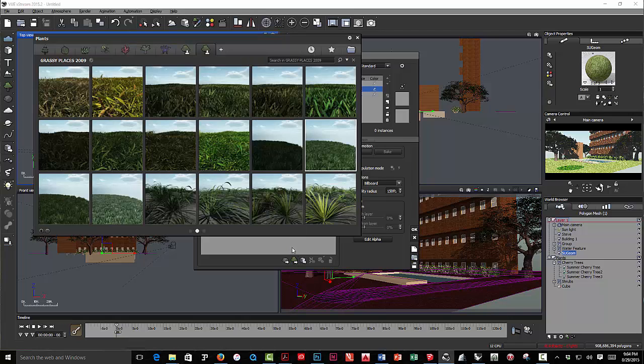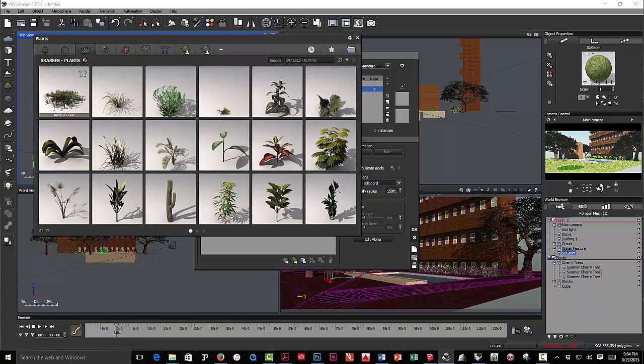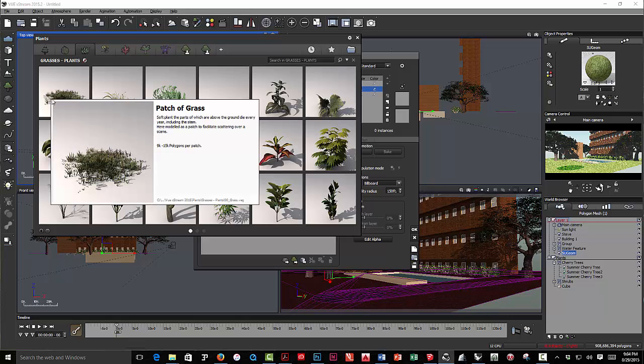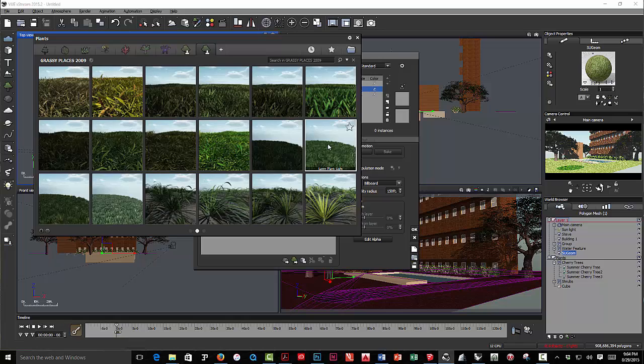So I'm going to click on plants. I'm going to use a lawn texture that I have in a personal collection, but if you click on grasses here, you could use this patch of grass, although you probably have to scale it down a bit to make it fit very well. But I'll show you where the scale function is, and you just have to do a little trial and error adjustment. Since this fills in a little better, I'm going to pick this one,